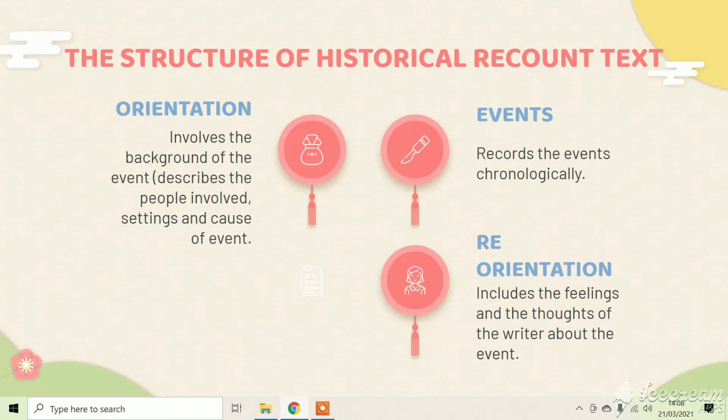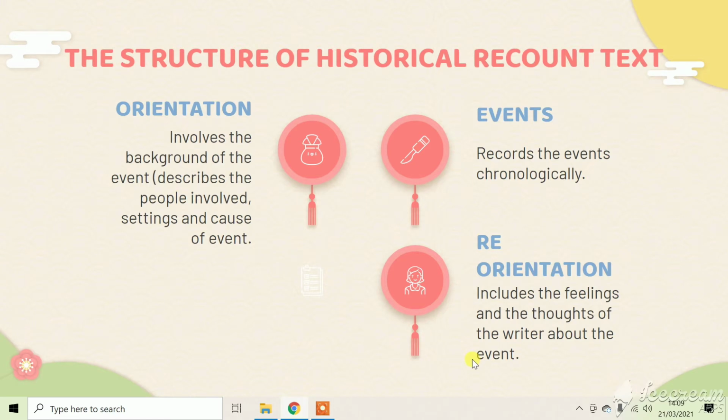And the last is reorientation. In reorientation, the writer includes their feelings and their thoughts about the event. So as a writer, or as a speaker in historical recount text,